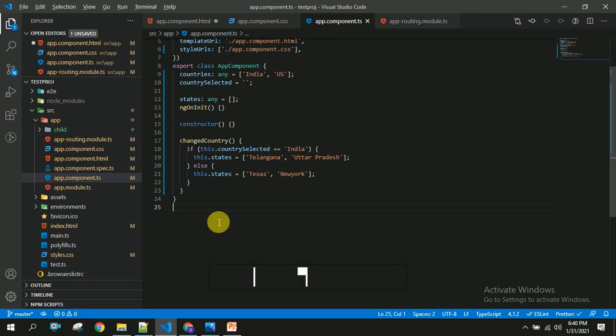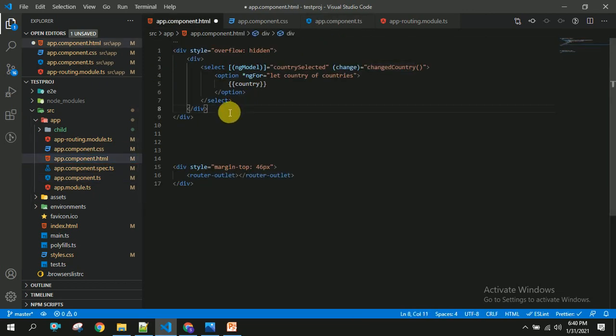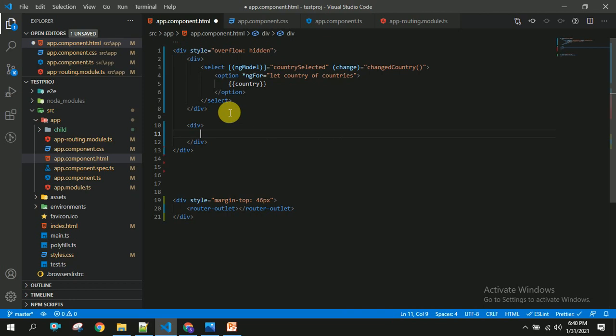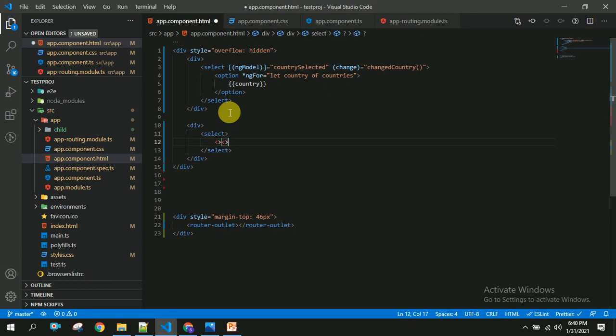Now I am going to app.component.html, and here I am going to create another drop down where I am going to bind these states by using ngFor directive.